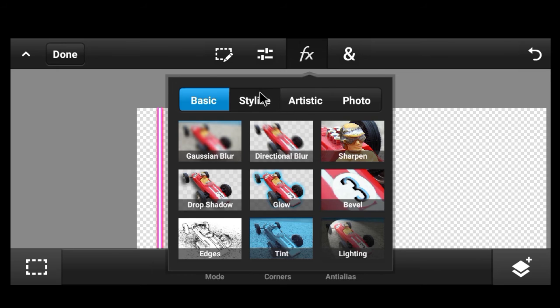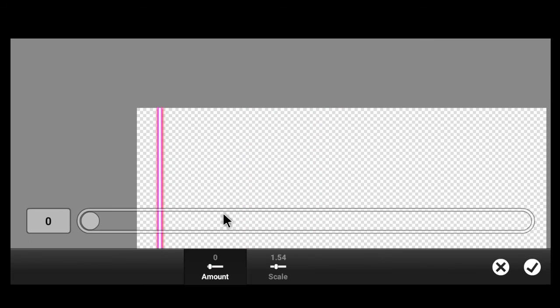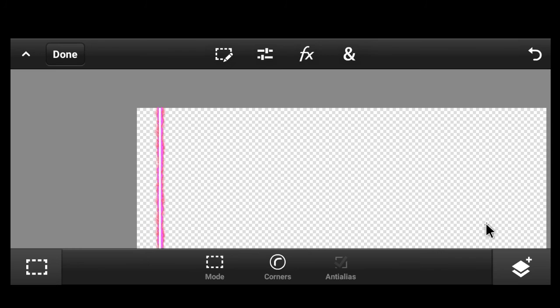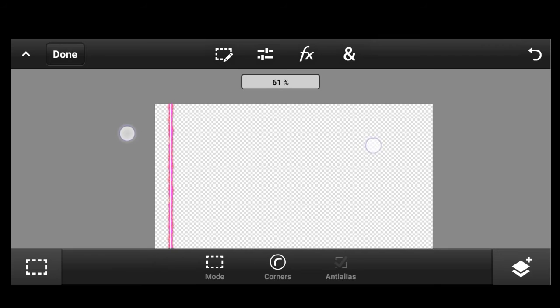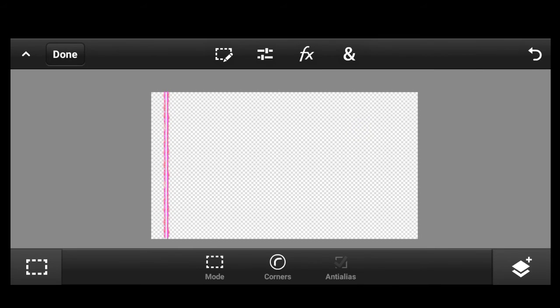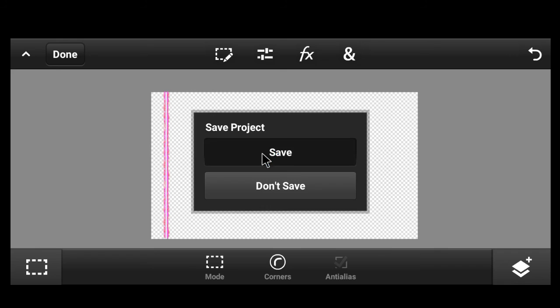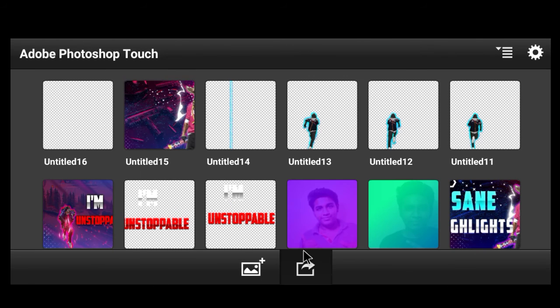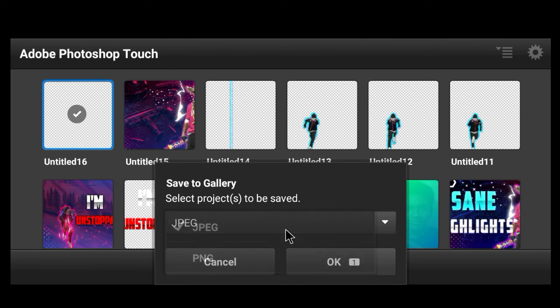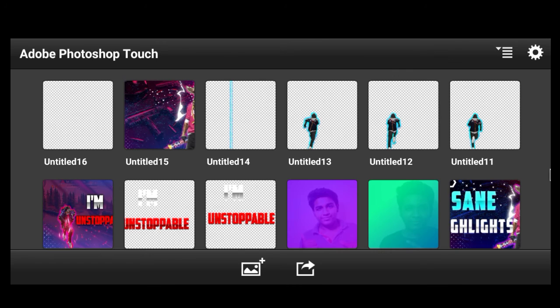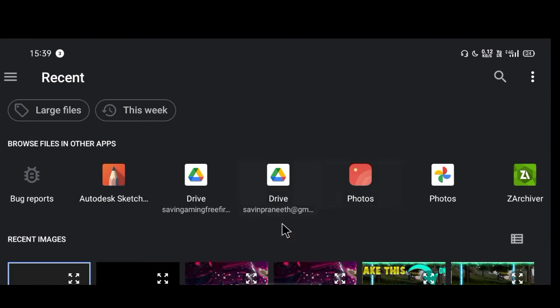Click on effects, stylize, glass effect, and let us keep it minimum so it looks pretty decent. Actually we are making a flame type stroke in our thumbnail, which I will show you in detail. Afterwards click on done, save it in PNG format, and let us again dive into Pixel Lab.